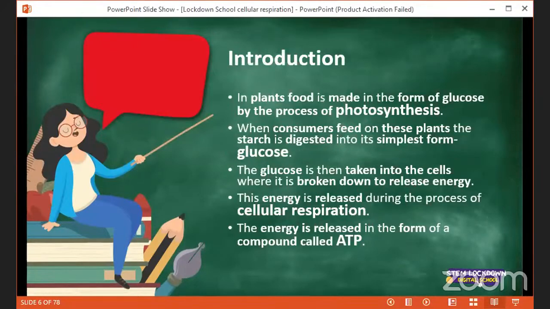In plants, food is made in the form of glucose by the process of photosynthesis. If you can just recall a few weeks back, we looked at photosynthesis. And remember we said that in order for photosynthesis to take place, we need water, which we find in the soil, right? Your plant